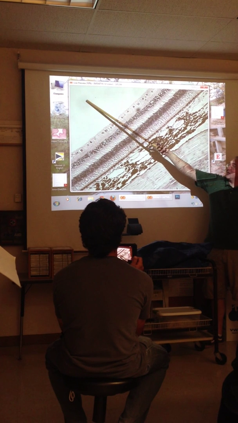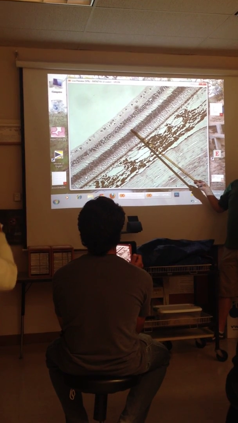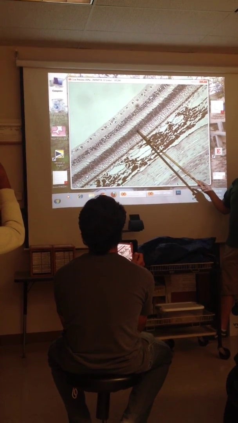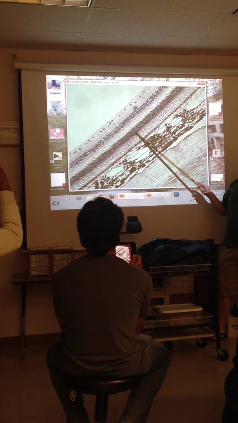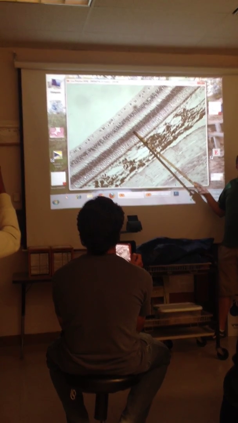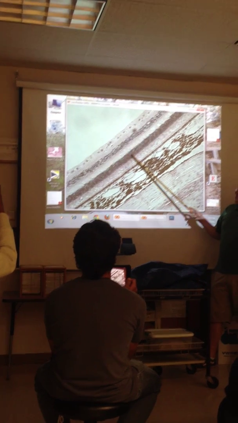So the light actually physically passes by these first two and gets received by the photoreceptor cells, and then when they send the signal out to the nerve, it's going to basically